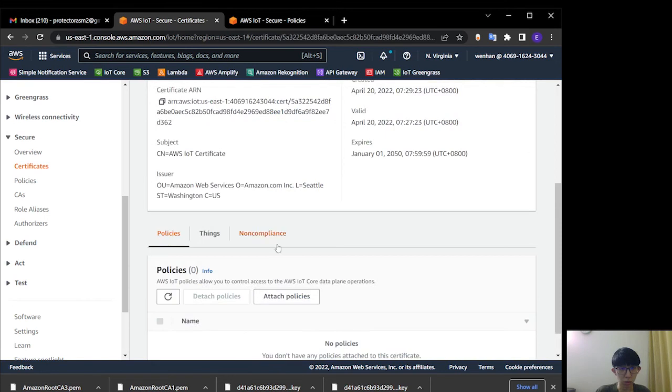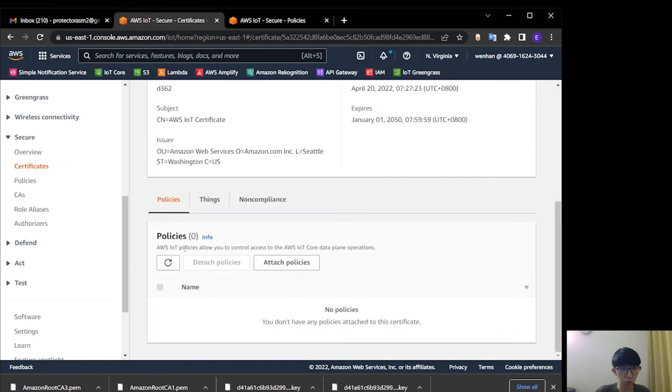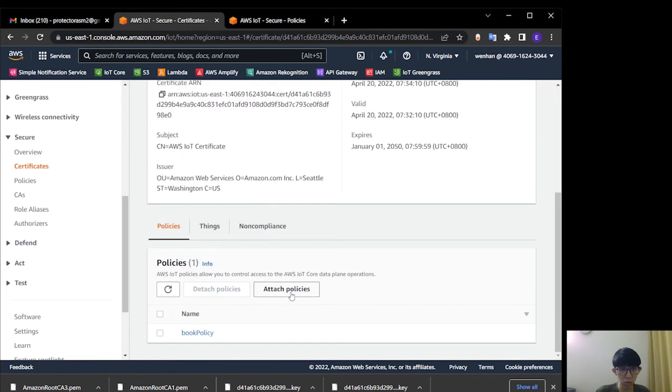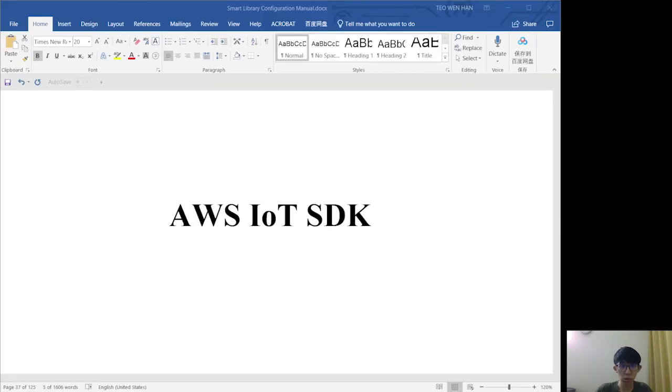This is the certificate we just created. And then we can see the policy is already attached to this certificate. Now I'm going to create the AWS IoT SDK, which acts as the device to interact with AWS IoT.